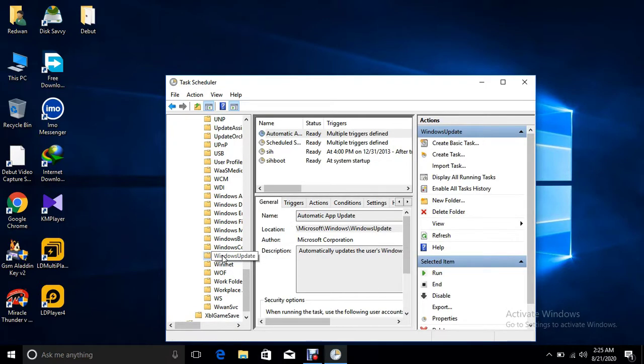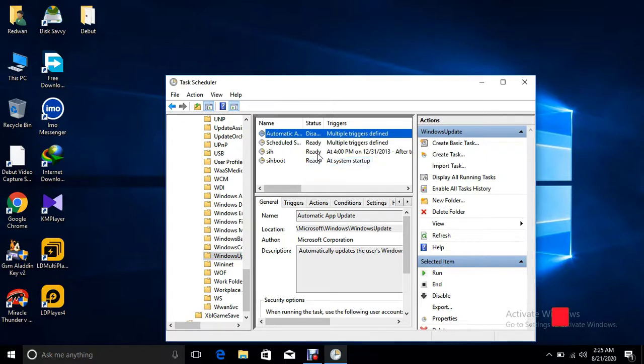I will disable all the schedulers. If you are seeing more tasks than me, you will disable all of them. So I will disable one by one.